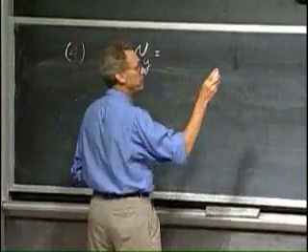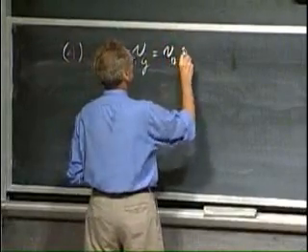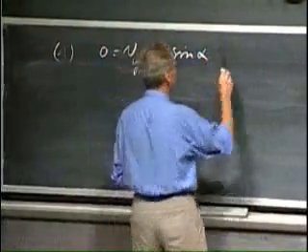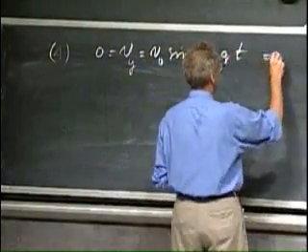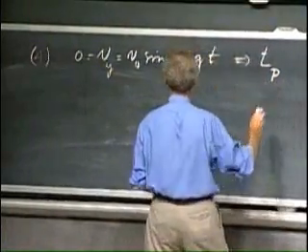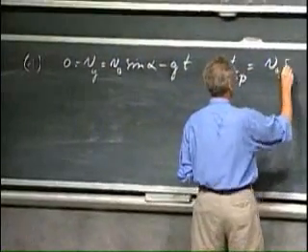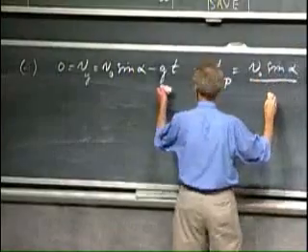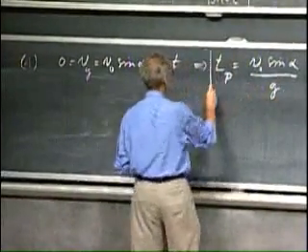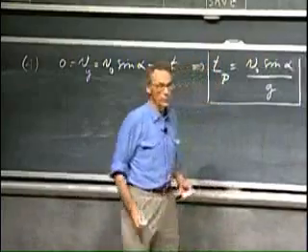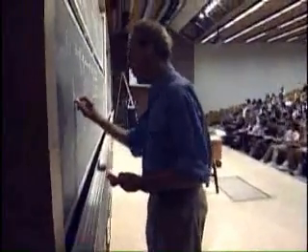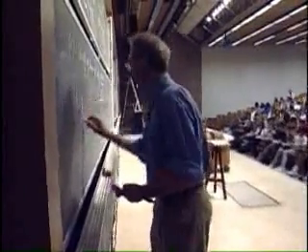That then becomes v0y, which is v0 sine alpha, minus gt, and out pops that t at point P is going to be v0 sine alpha divided by g. So that's the time that it takes for the object to reach the highest point. Where is it then? What is the highest point above the ground? Well, now you have to go to equation number 3, and you have to substitute this time in there. So that highest point h, which is y at the time t of p,